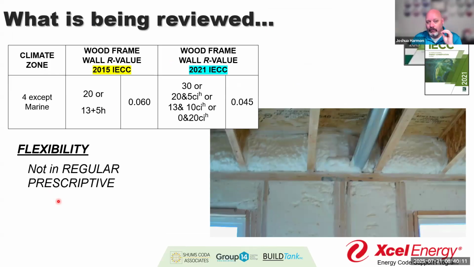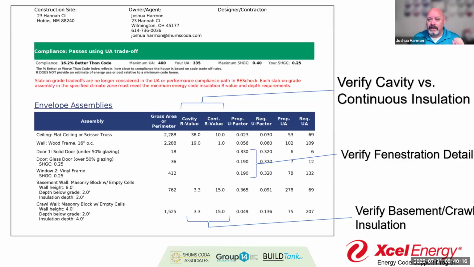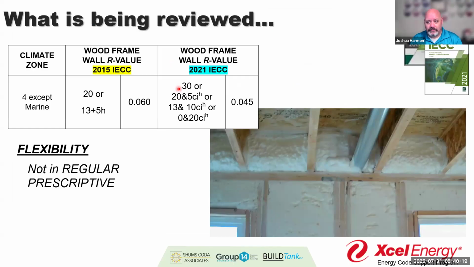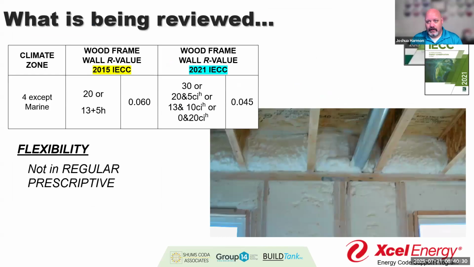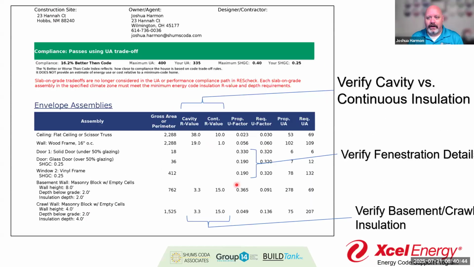And so again, remember, this is all about being flexible. It's not about saying, hey, you gave me a 19 and a 1, and that is not one of my prescriptive options, right? It's really not even a question of, does that 19.1 at 0.056 match my 0.045, right? I'm not comparing it to the table. I'm comparing it to the plans, right? I want to make that clear. When I compare this value, I'm comparing it to the plan, because they may have done more in another area